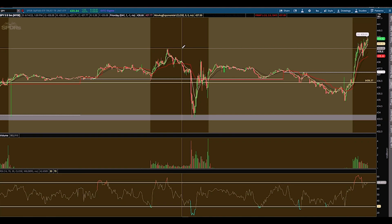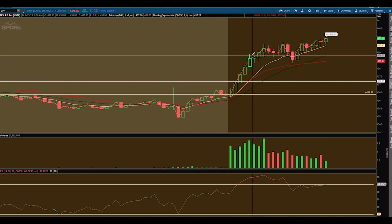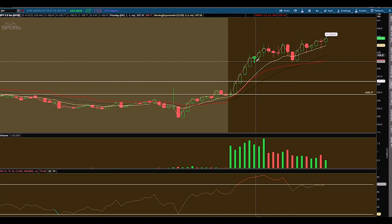Now, the second trade I took was a reject at this 439 on SPY. Wasn't a huge move, but I did make some money off this trade. Got in the trade right here at 438.87, literally at the top of this candle. I called out I was getting in and caught a move down. Contract moved over 10%. I trimmed half my position and it came up and stopped me out at break even